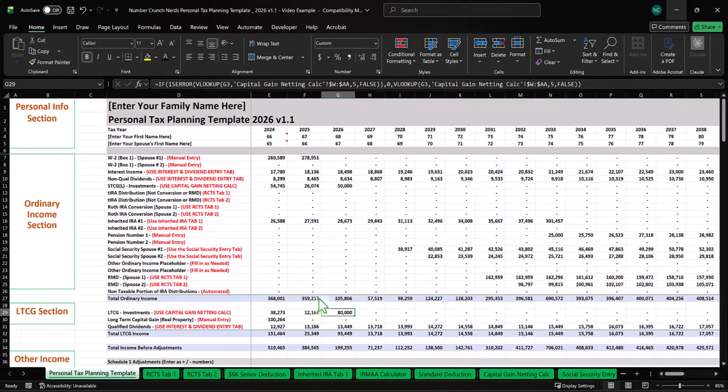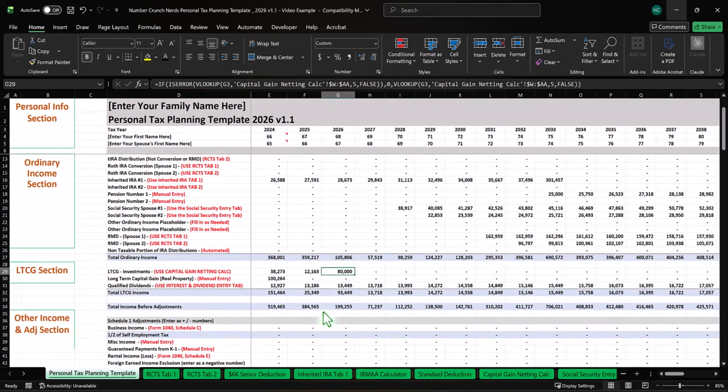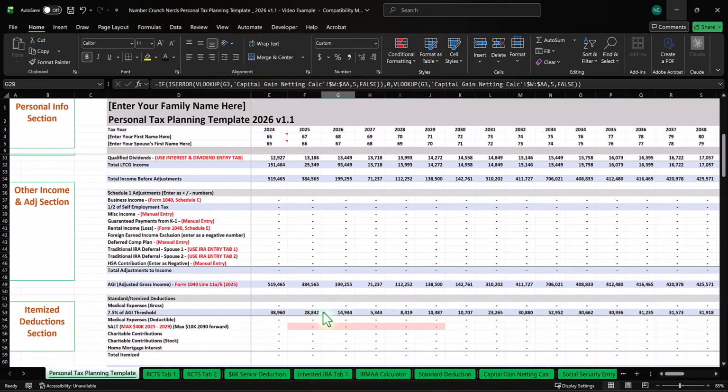On the other hand, the financial advisor may just be churning the portfolio because that's what financial advisors tend to do sometimes. And maybe these transactions don't actually have to occur in 2026, or maybe they don't have to occur in these precise amounts. That is a conversation for you to have with your financial advisor when you are working on your tax planning. But nonetheless, we have these in here as estimates right now. And what that is doing is, if we scroll down just a little bit more, it is bumping up our AGI above